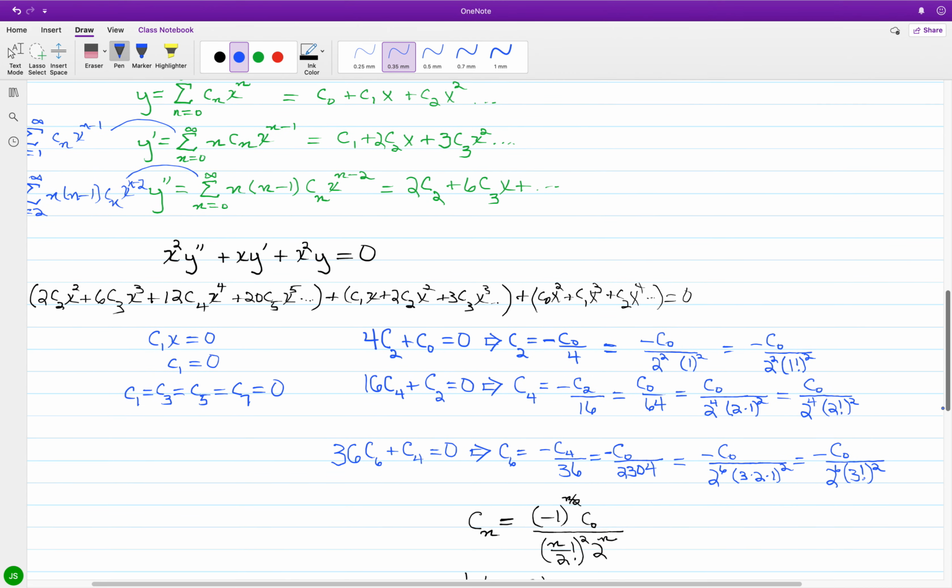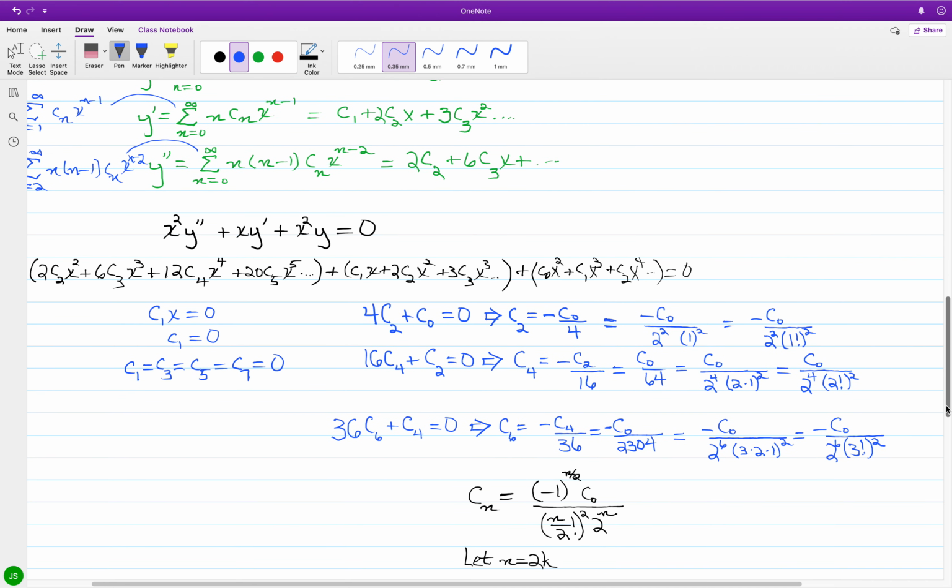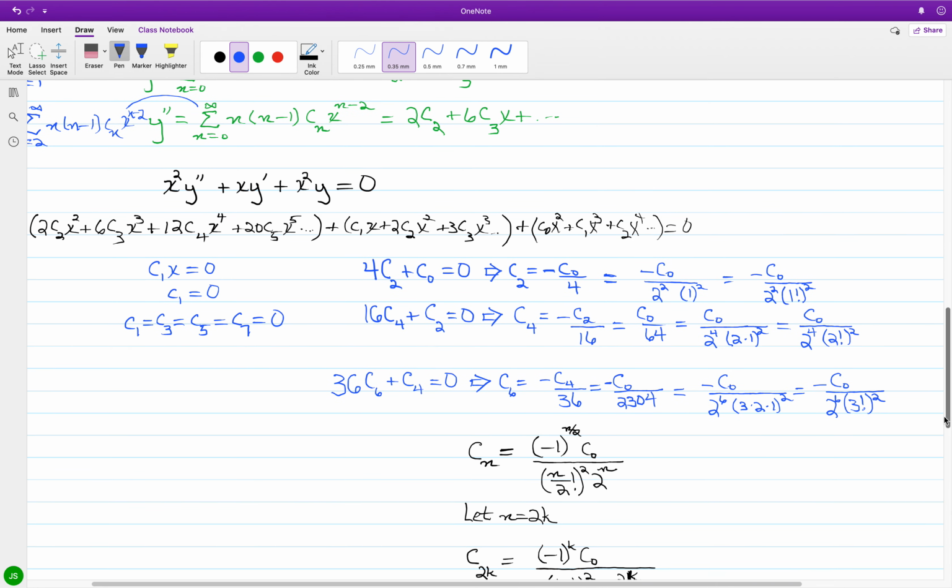And so for what we have here, I have C of n is equal to negative 1 to the n over 2. So whenever n over 2 is odd, we have negative coefficients, and whenever n over 2 is even, the coefficient is going to be positive. And again, I have n over 2 factorial squared, times 2 to the n. So I did a bit of a commutative switch in the denominator. Now if I let n be equal to 2k, just to get rid of the fraction,